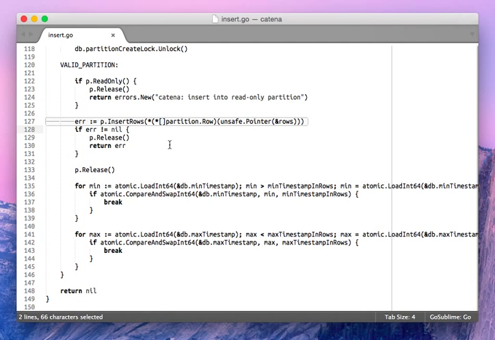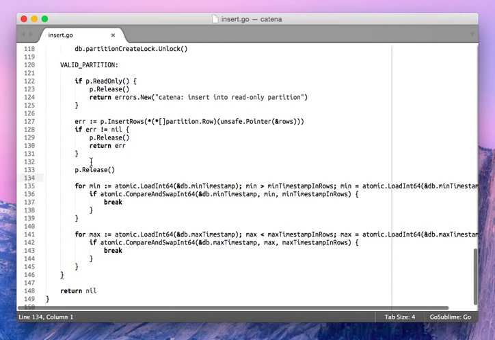Now this only fails if the write-ahead log can't be modified, or we can't reliably or durably write data to that log. But otherwise, it's pretty straightforward. You insert points into a partition, release it,